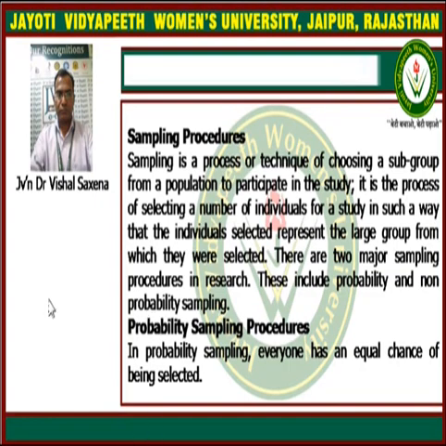To explain this better, with some examples, we are taking some slides today. Initially we discuss the sampling procedure, because sampling is a way of selecting a sample from the population. A population is a group of individuals, so it is a big set, while a sample is a small subset of the population, and through the selection of the sample we estimate our population.